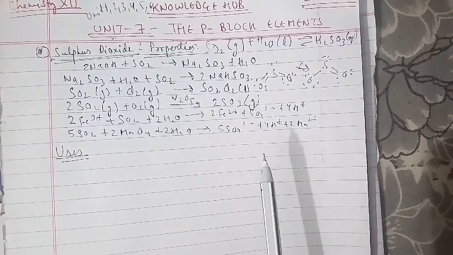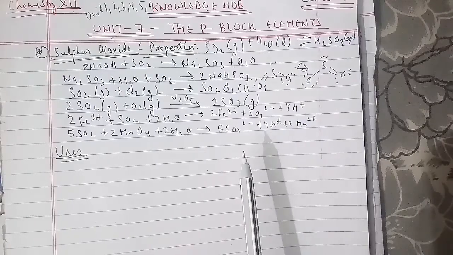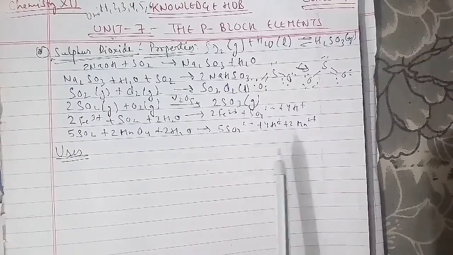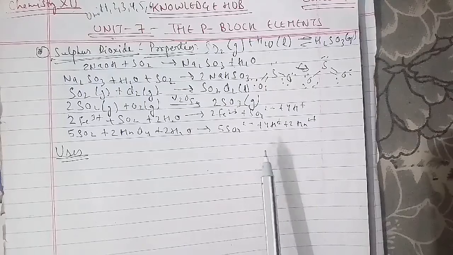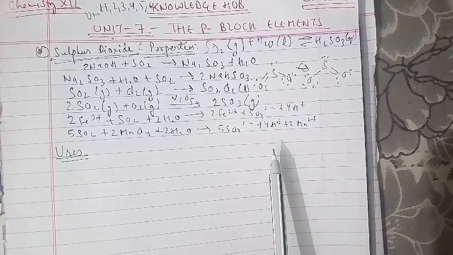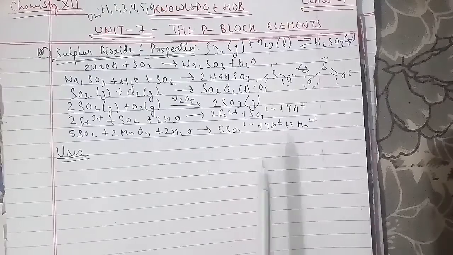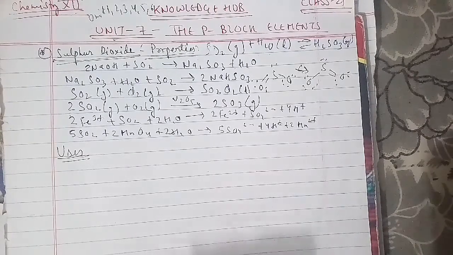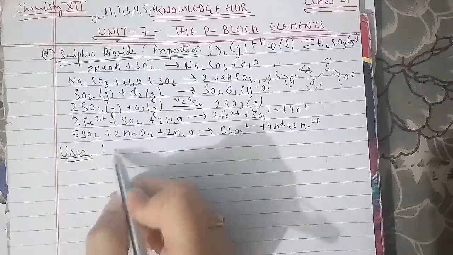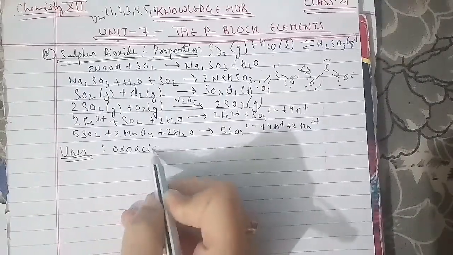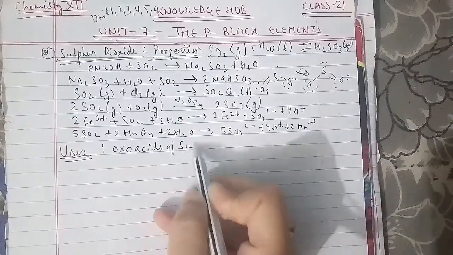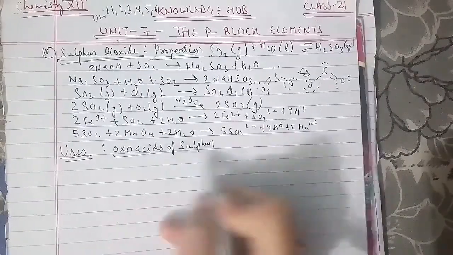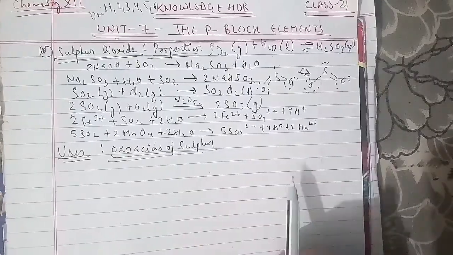On the same cases we have to go ahead, that is oxo acids of sulfur here. In terms of oxo acids of sulfur, the sulfur forms a number of oxo acids such as H2SO3, H2S2O3, H2S2O4, H2S2O5, H2S2O6 as well. And on the same cases here, for x equals 2 to 5, that is H2SO4,